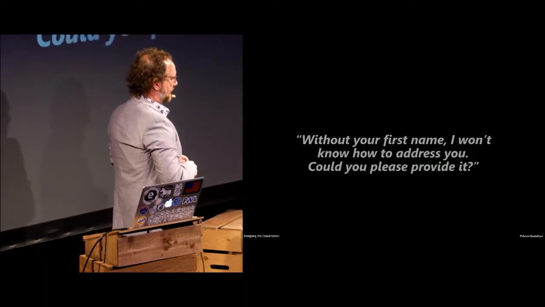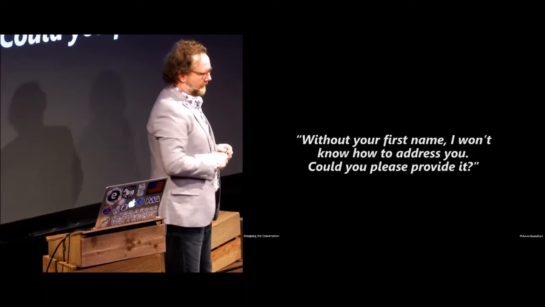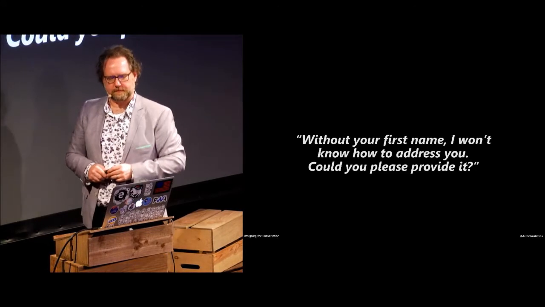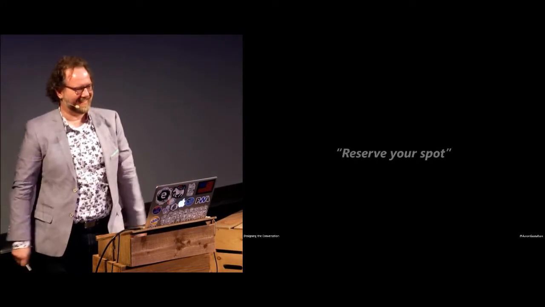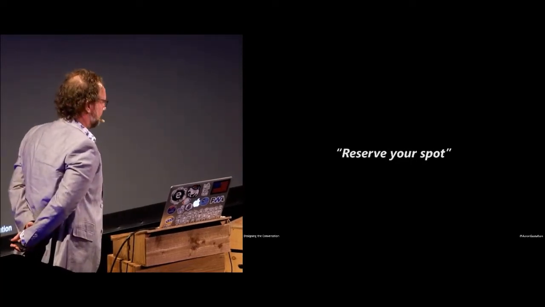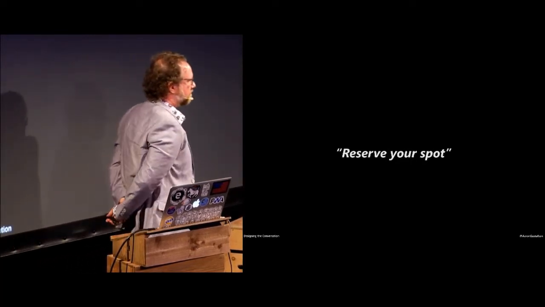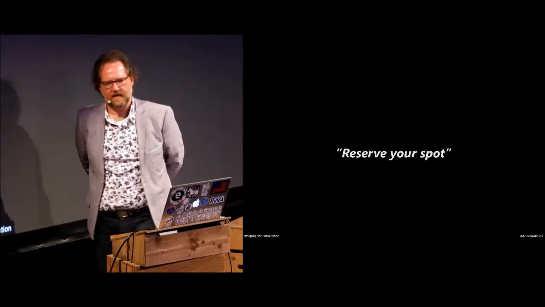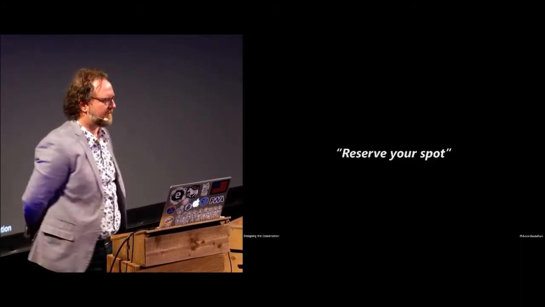It's also important to write error messages that are more conversational and clear about what we're asking for and why. Without your first name, I don't know how to address you. Could you please provide it? That's a little bit nicer, right? And finally, if we're thoughtful about the sort of button text that we're writing, we can really drive home what a user is doing. How many of you want to submit to Facebook? Okay, yeah. Reserve your spot button. Right? If we have more active button text, we can actually provide a little bit better conversational interface for our users.